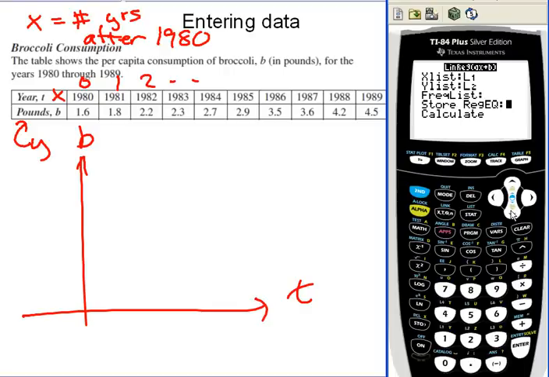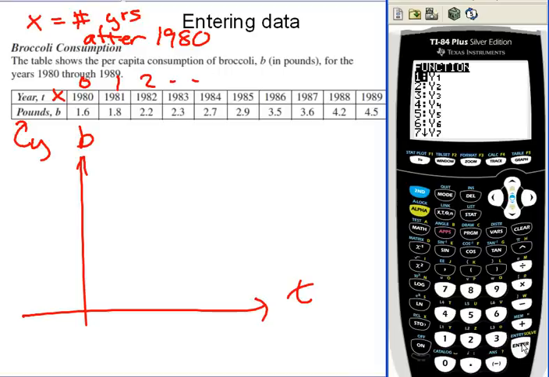But after linear regression, when you choose linear regression on an 83, on the same line, following that linear regression command, you'll put the y variable that we're going to put here. And I can show it to you individually if you have questions on that. So to get a y variable, I think this is kind of where we ended up. You hit the button variables, VARS. You scoot over to y variables. We always want function, so then I just hit enter for function,